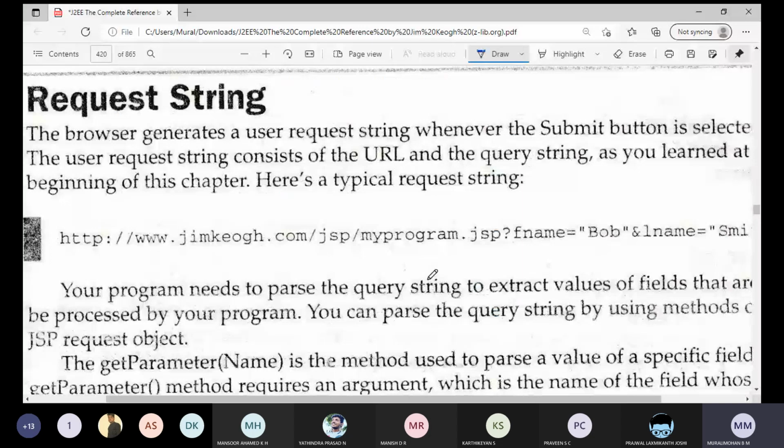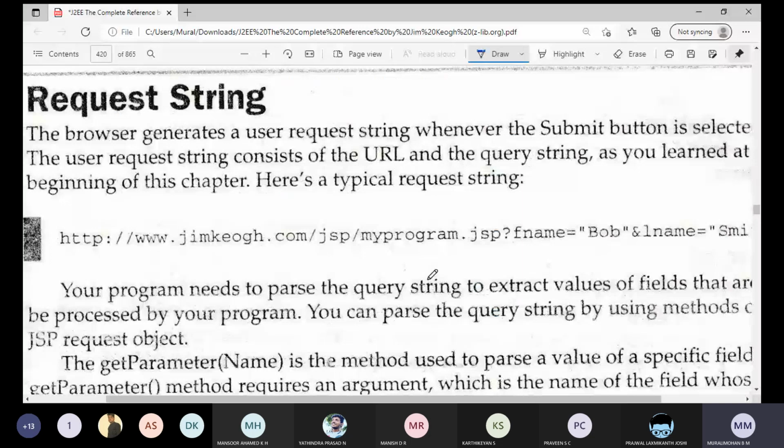Now the request we are sending is for the server. The server runs a file, that is a servlet. Now the servlet should read this request. For that we already learned one particular method called getParameter. Suppose we are sending this f name, then we use getParameter of f name. Similarly, to read the other one we will use getParameter of l name. So this is what we will write inside the servlet.